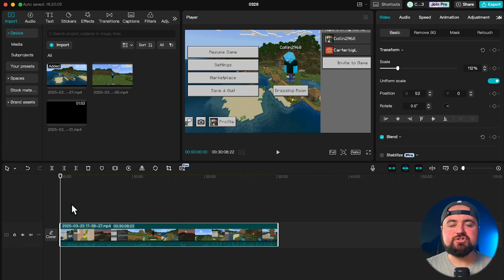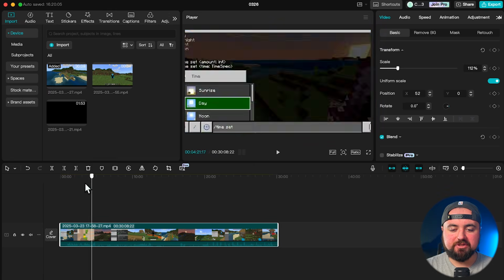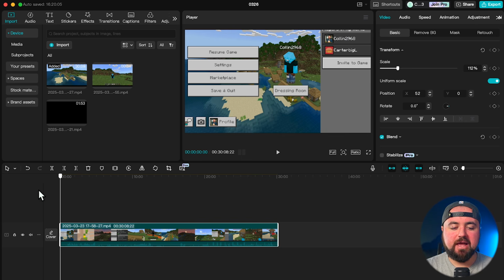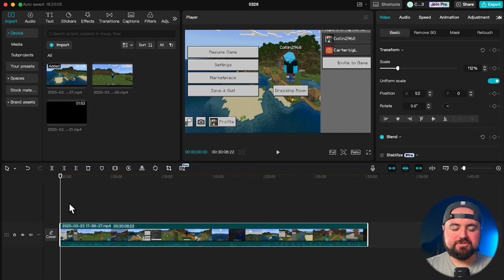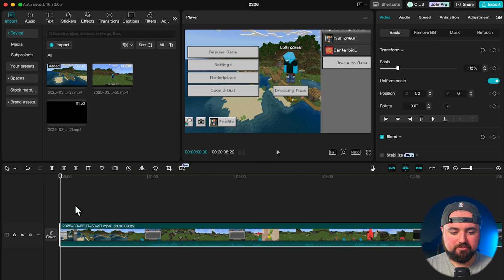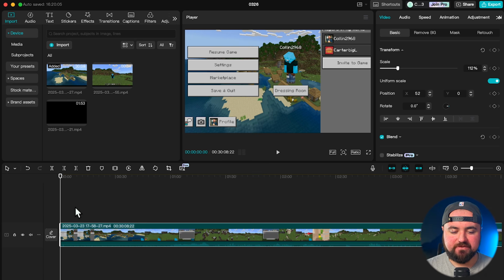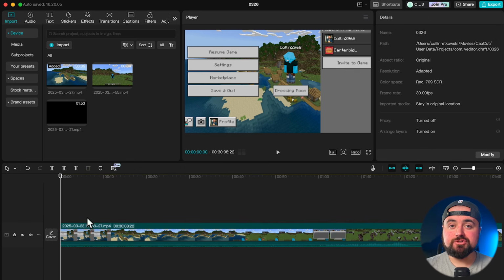So now let's get into how to trim our video clip, because obviously we don't want there to be just 30 seconds of gameplay here where there's no editing. We want to be able to splice these clips up and actually make something good. So I'm just going to start by zooming in here. So we're up close, and there's a few different ways that you can edit your video and actually trim it down. So the first way is to just